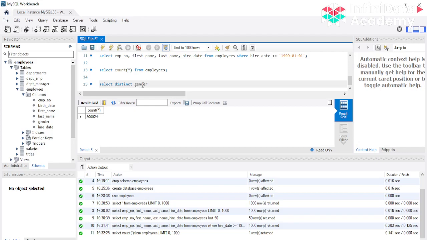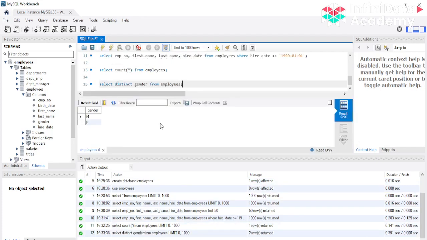Let's go by gender, just to see if it's two, more than two, because बाकी सबका करेंगे there will be a lot of values in the others, like there are going to be thousands of hire dates from employees. So gender can be two or more than two. In this table, it's only two over here. All right, so you can see distinct आप use कर सकते हैं to get the unique number of values.